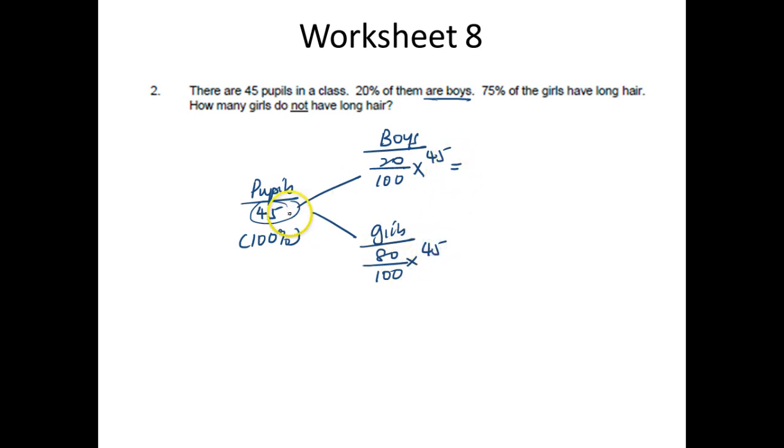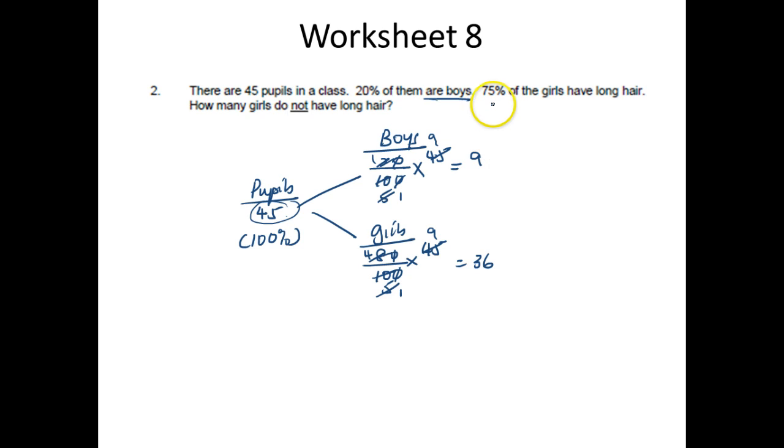Girls also times 45. So 20 out of 100 times 45 is 9 boys, and 80 out of 100 times 45 gives 36